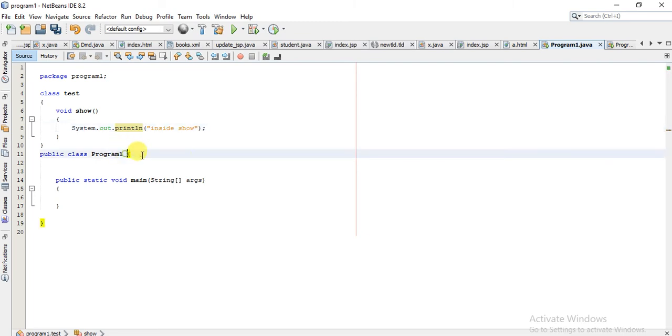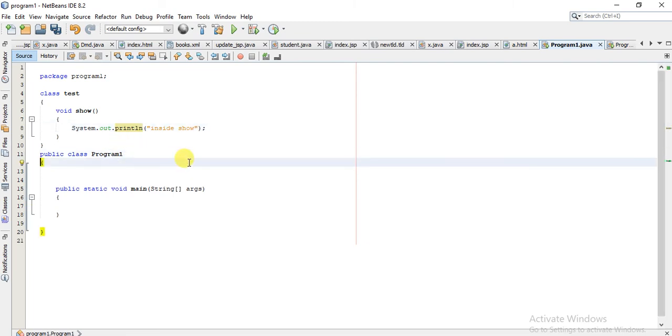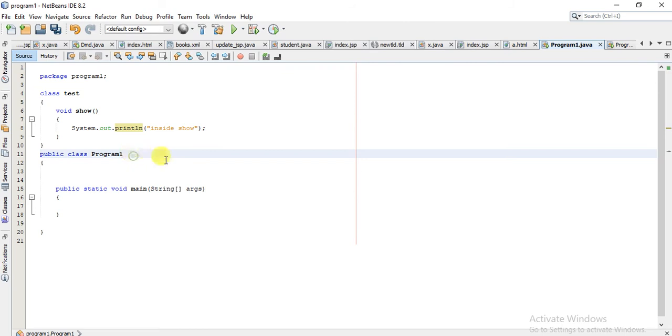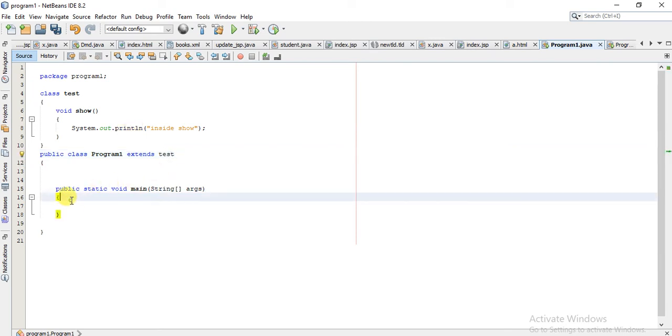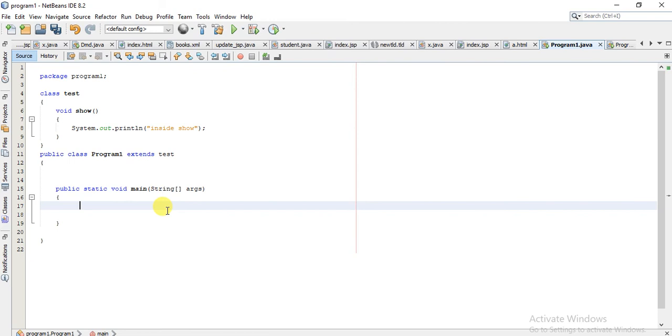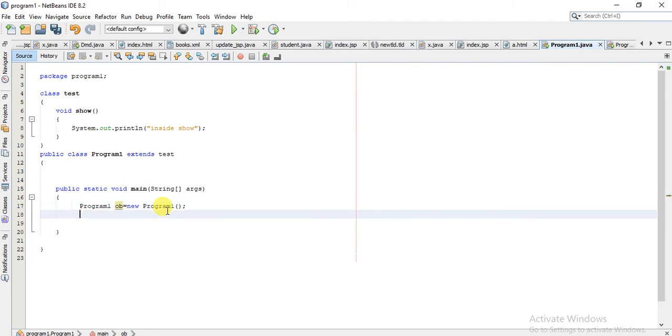Now let us inherit this class in our main class: extends Test. Now create the object of this class: Program1 ob is equal to new Program1, and let us call the show method.